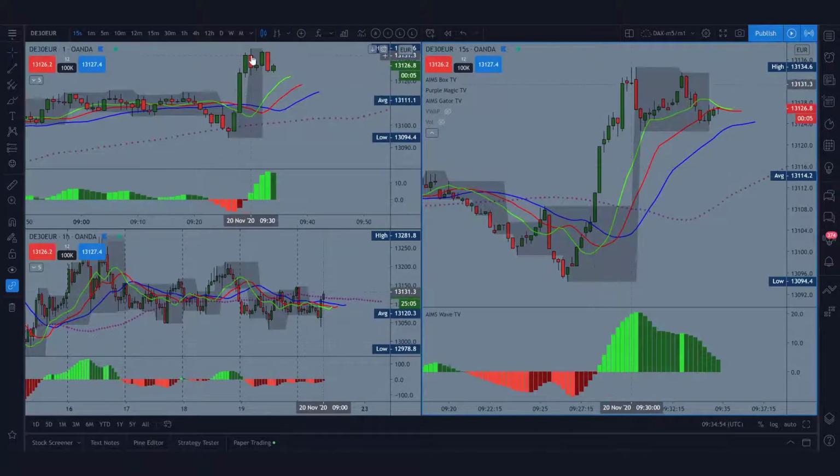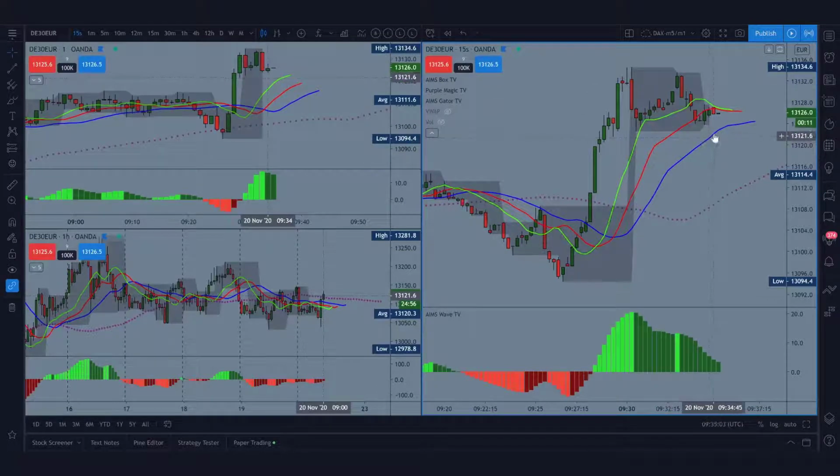I've already seen the pullback here. I've already seen the pause. Now I want a continuation of the trend. Blast off. Doesn't blast off, I'm out. I'm not going to sit and watch and have my stop loss be lingering around here, which is a strategy that you can go with if you take a setup one. Yeah. So now coming back to the